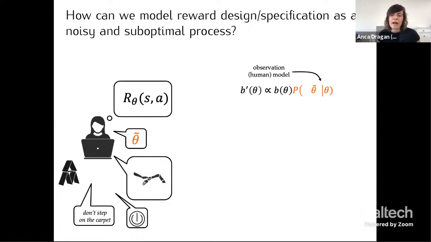And I think a lot of what drives the suboptimality, or the difference between theta and theta tilde, is that as a designer, you only get to look at some development set or training set of environments, and you decide your theta tilde based on that limited set. You don't look at every possible thing that might ever happen. We can't do that. We're limited, right? We can't imagine every environment that the robot might face. We don't anticipate that there'll be turbo boosters popping up at regular intervals, and therefore that might lead to a loop. So I have to tell the robot that it's not just points, right? It's hard to think about all the situations.